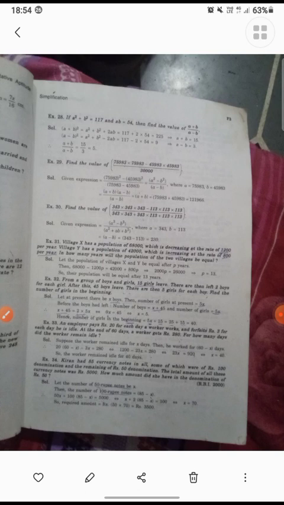Kiran had 85 currency notes, in all, some of which were 100 denomination and the remaining 50 denomination. The total amount of all these currency notes was 5000. So let the number of 50 rupee notes be x, and then the number of 100 notes was 85 minus x. So 50x plus 100 (85 minus x) equals 5000. So (x plus 2)(85 minus x) equals 100. Okay, so x equals 70. So the required amount will be 50 into 70 equals 3500.